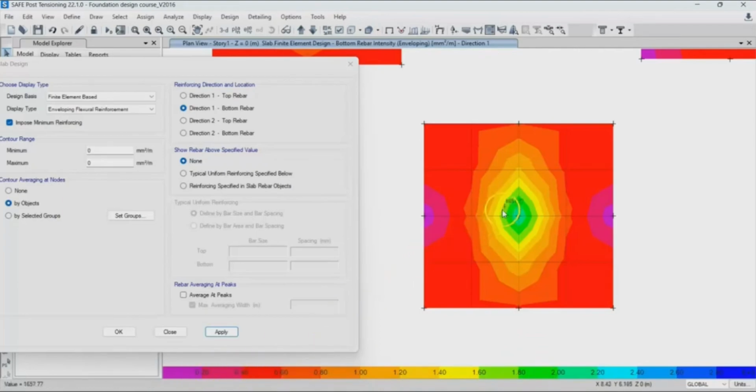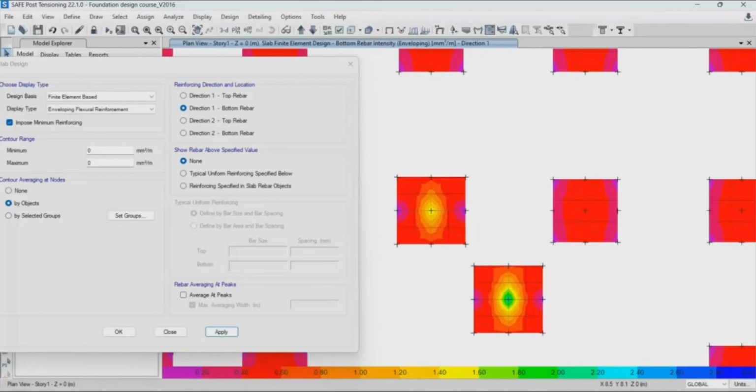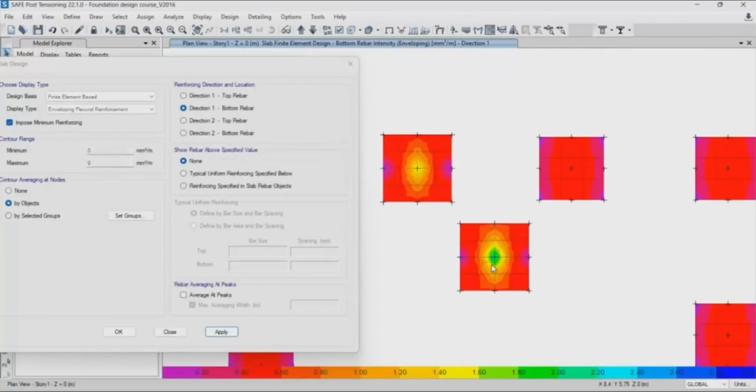This green peak indicates a localized area where the bending stress is so high that the code minimum steel is no longer enough to stop the concrete from cracking. I hope you're understanding this. So let's try to understand these values. If you hover your mouse exactly over the center of this green hotspot,